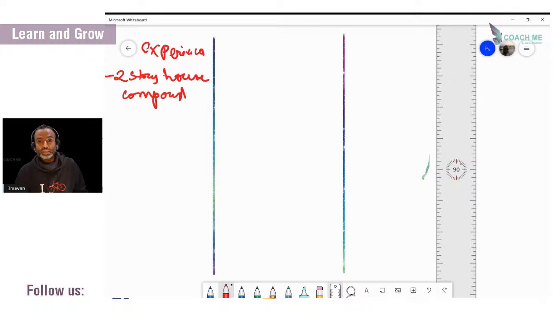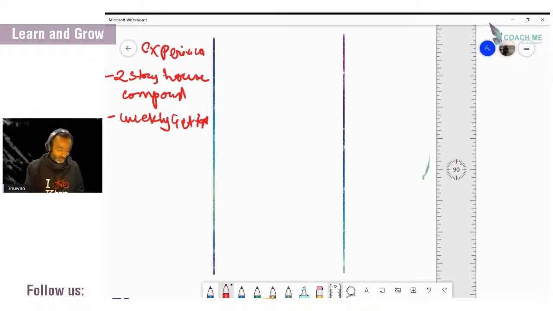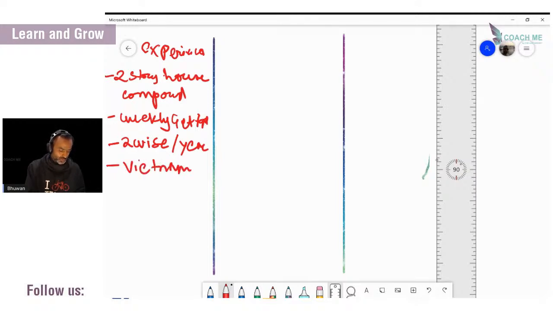What kind of experience would you like to have with your friends? Maybe I'll have a weekly get together with my friends, right? So you get the idea. Again, don't focus on the handwriting. And what kind of social life would you like to have? Do you want to travel? Yes, of course, I want to travel. And where do I want to travel? I want to travel twice a year. That's a strange spelling of twice, but you get the point. Twice a year. Where do I want to travel to? I want to go to Vietnam and I want to go to Laos,